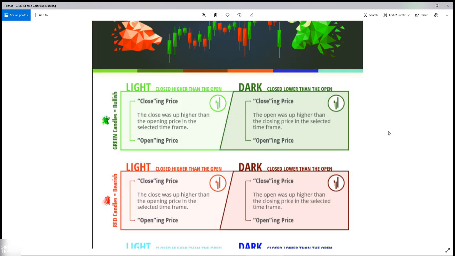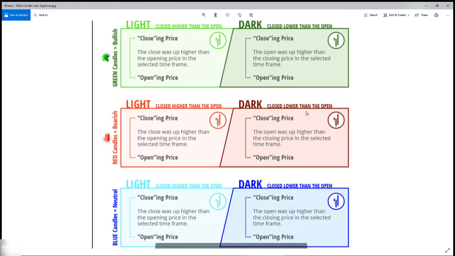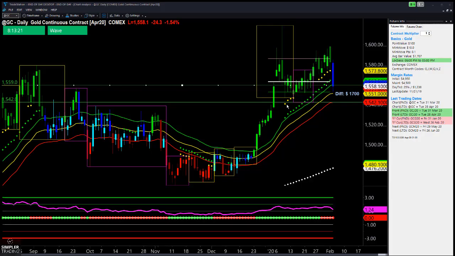a little infographic or doc that we use to understand what the grab candles, G-R-A-B, an acronym for the colors green, red, and blue, are telling us. Green candles are, regardless of the shade, light or dark, bullish, red bearish, blue neutral. So if I've got an environment of all this green and then I go blue, that sell-off is indicative of a correction and not a transition out of the uptrend. In fact, I won't see a red grab candle until we break down below 1542.10, which is the bottom line